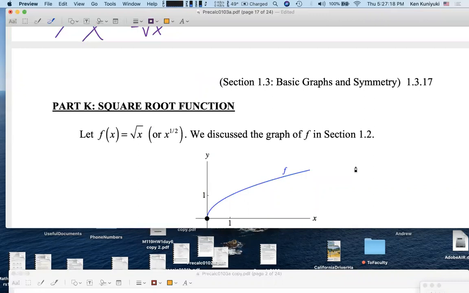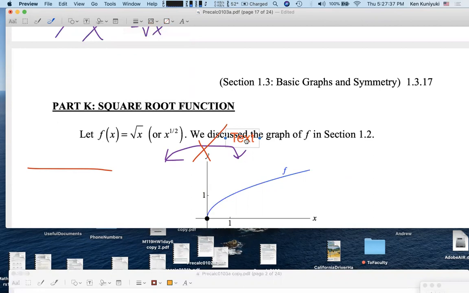But now, is the square root function an even function? Is it symmetric about the y-axis, the graph? And the answer is no. What's the problem? The domain of the function,